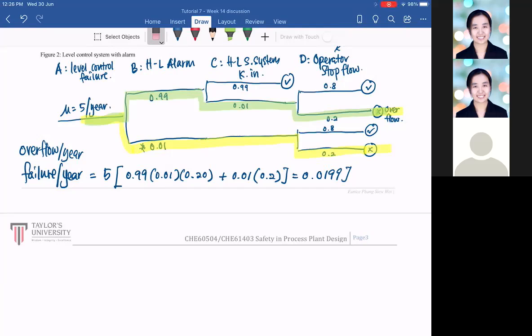So we get 0.0199 per year. Meaning if we want to calculate the mean time between failure,